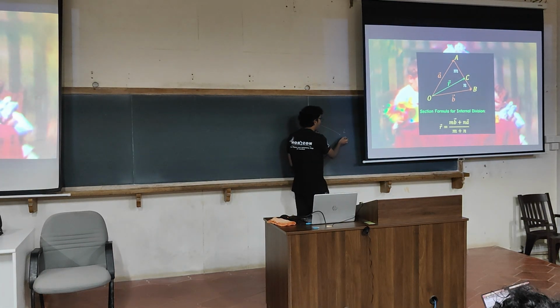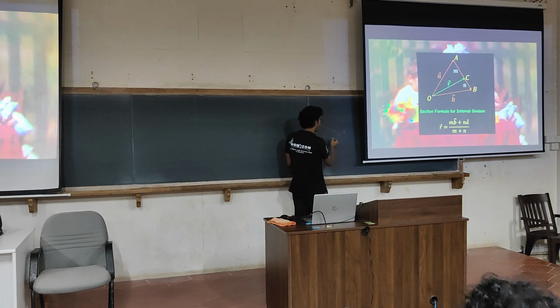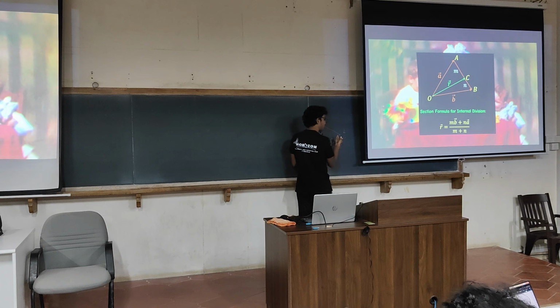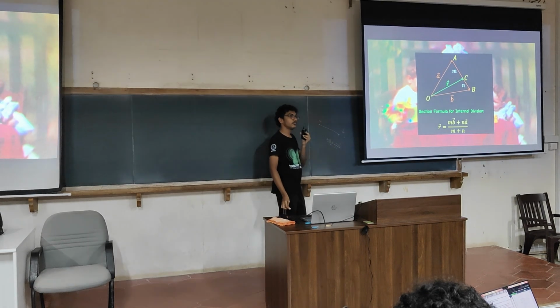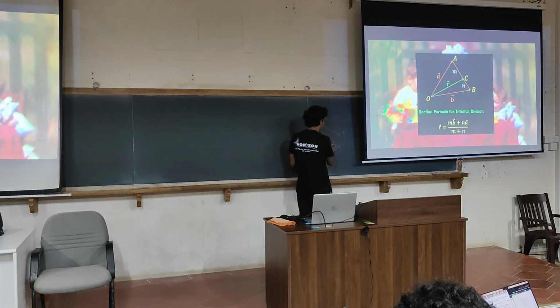What should I do if I want to find this point? What modification should I do? So the formula is (m times vector b plus n times vector a) divided by (m plus n). I have taken the points to be vectors, so yeah, we can take b, a as well. What modification should I do if I want this point? So that is the external division formula, right? We will take a minus here.